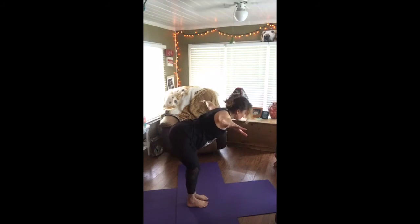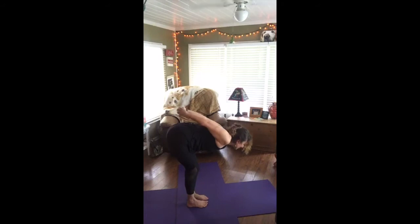Okay, bring the awareness to the front of the body, resisting gravity. Bring awareness to the back of the body. Now you're extending from the back of the heart out through the fingers. Sitting bones to heels. Interlace your hands behind you. Lengthen your knuckles back as the crown goes forward, and then slowly tilt the pelvis forward to spill over your